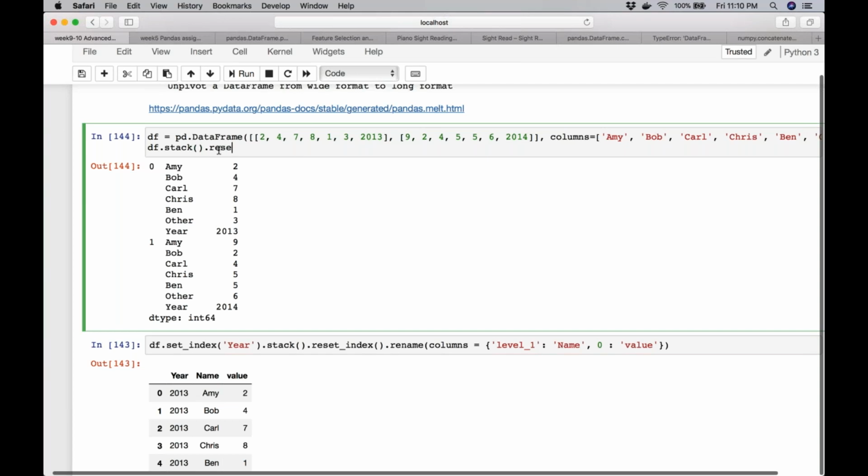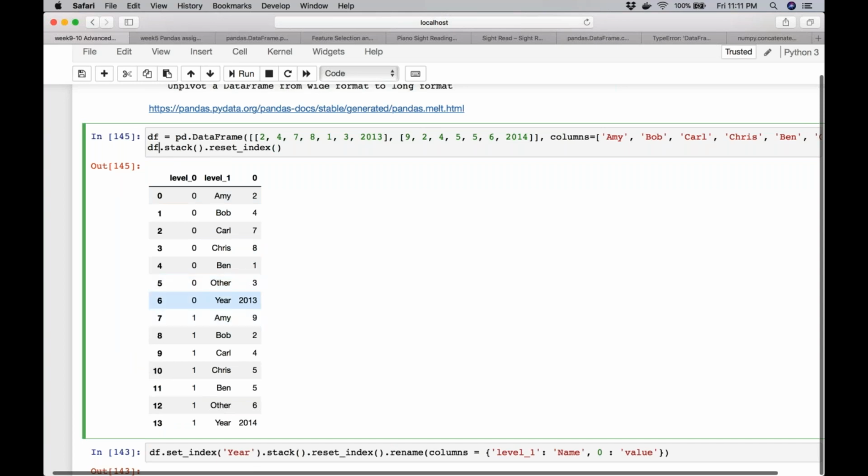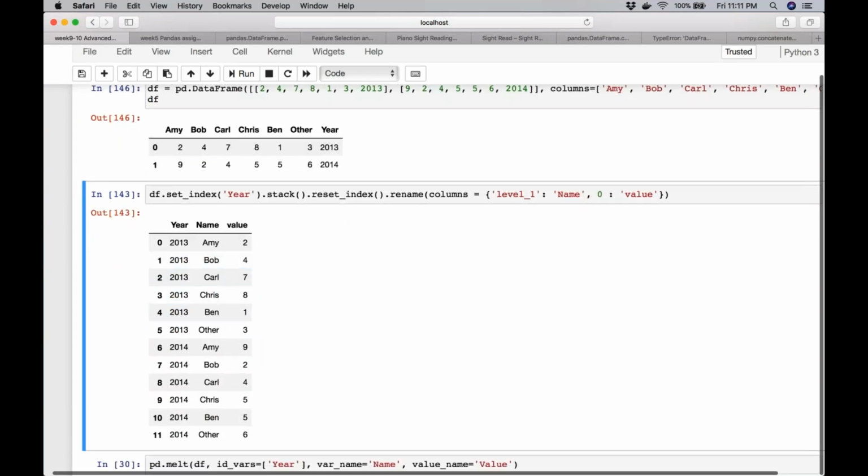So if I use a reset index, the data frame that will be created will not give me the right structure, what I would ideally have expected, right? I want the year column to be a different column because it has no job sitting with the names. So that is why it becomes important to first use the set index and then stack.